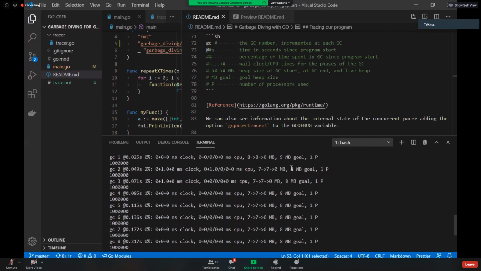So we have one collection, then a second collection, then a third collection. But what's interesting for us to look at is to see the different goals that it has. And that's really tying back into the diagram that I showed you of when the pacer is looking to see what's in use after it's done the collection and then reassigning.